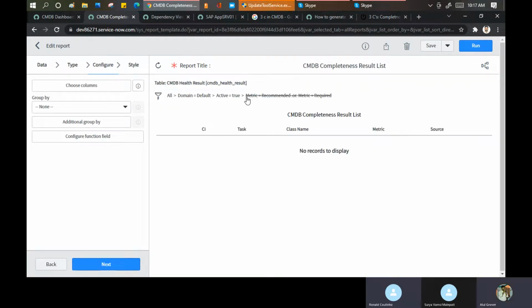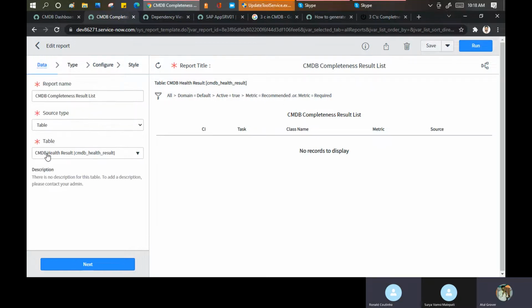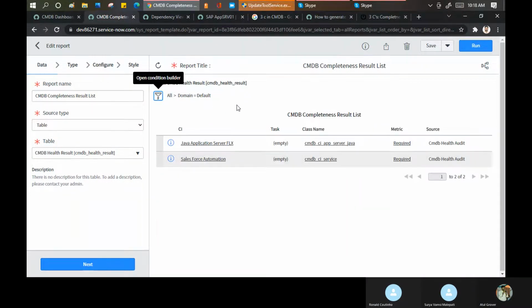So they're using the metric here, the metrics status. Let me go to the data and see which table they're using. Okay, they're using the table cmdb_health_result. Under that, let me remove a few things and see what data comes.